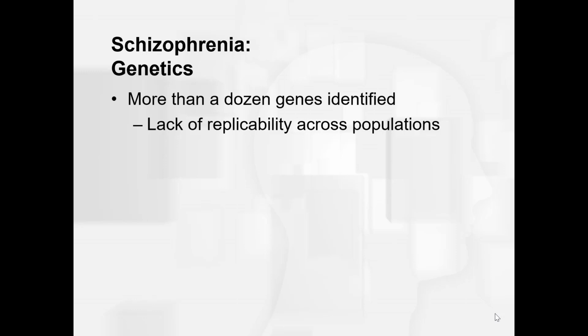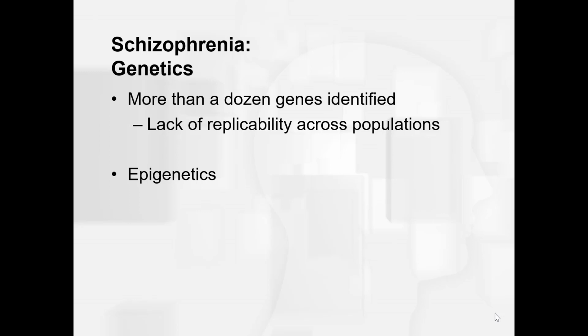So why can't we find a gene? Out of all the disorders I'm familiar with, schizophrenia really seems to have this true genetic component to it. So why can't we find a gene? Is it natural selection? People die younger, they don't have as many children. One possibility could be this idea of epigenetics.